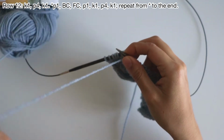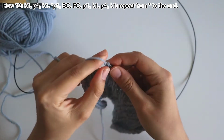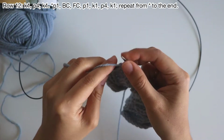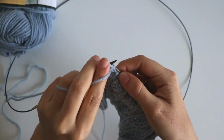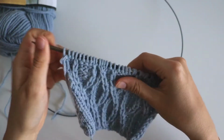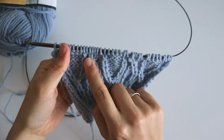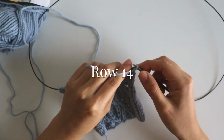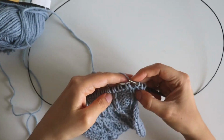Purl 1. Now knit 1, purl 4, knit 1, and purl the remaining stitches. And that's row 12. We keep working on each loop like this. These we are opening. For row 14 we're going to do our selvage stitches, and we're gonna start with a